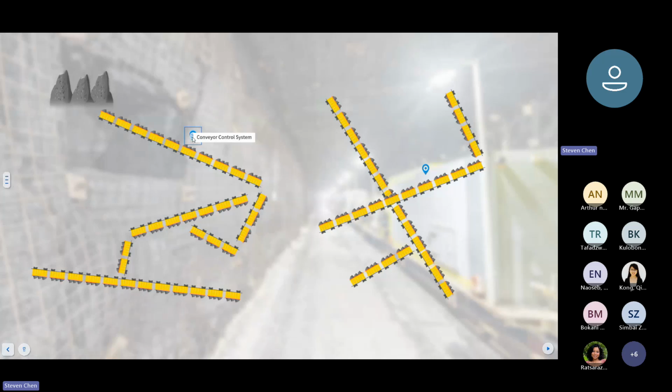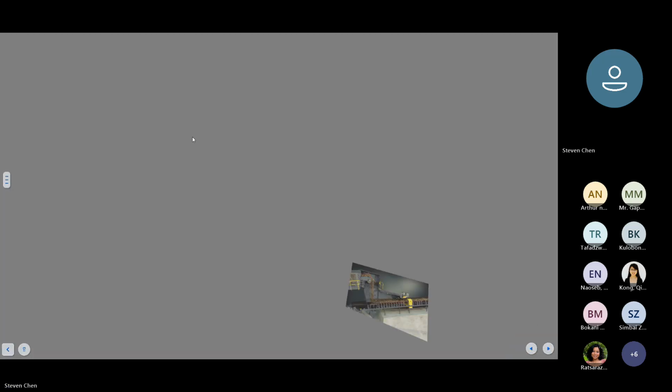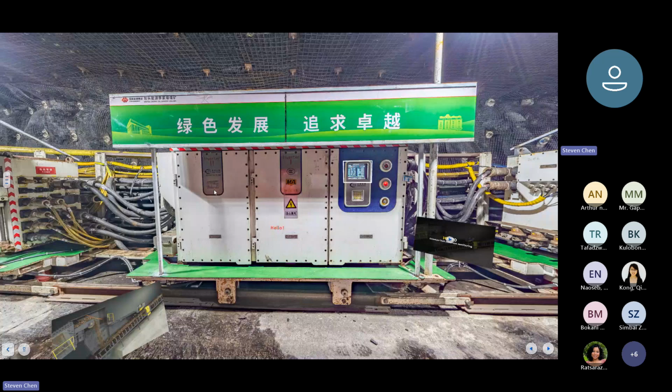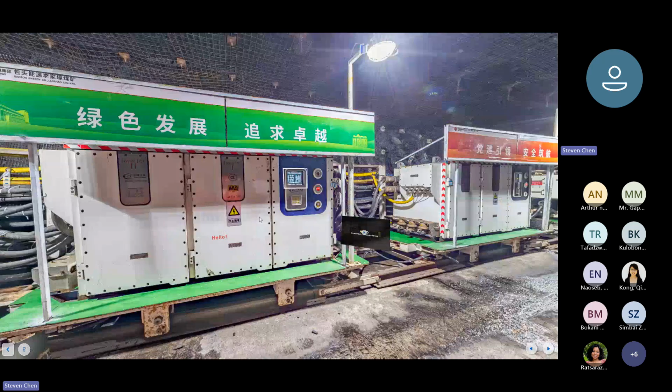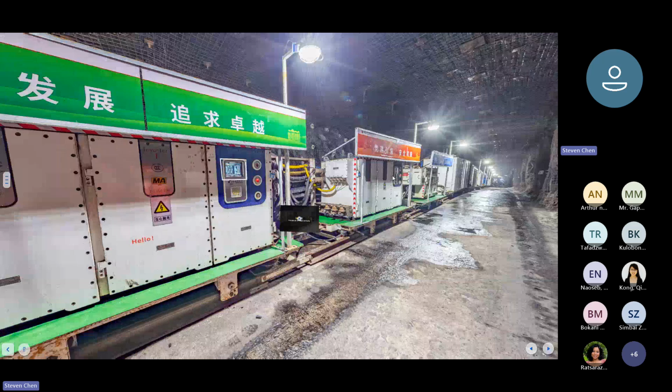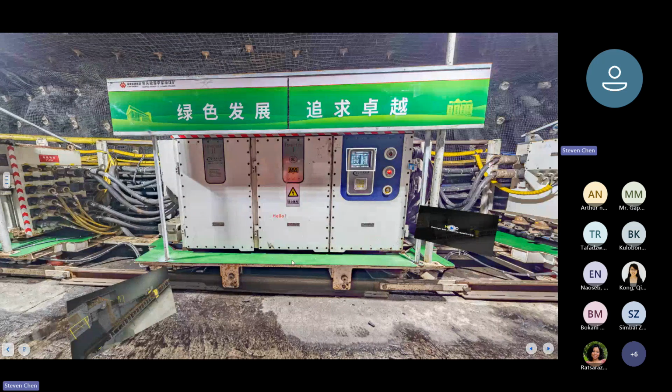When I click it, it will jump into other contents. The content could be a panorama or an image or video. Okay, so it's also a panorama. When I use right click,